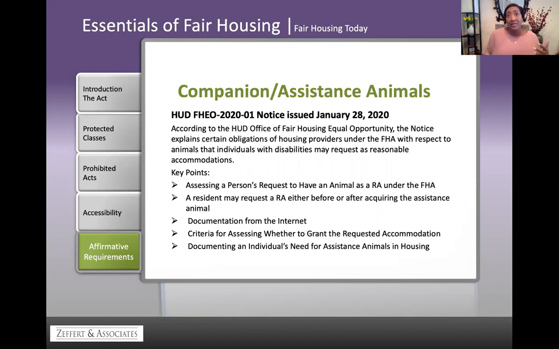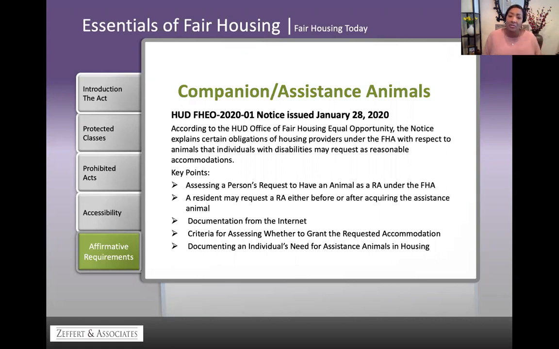So again, it's interesting, because I understand as a housing provider, you get these federal rules and regulations. Well, the regulations say this, but I still have to apply it. What I mean by that is, while HUD made it very clear that the owners do not have to accept these letters from these particular websites, sometimes maybe it is a legitimate doctor that is able to verify the need, and it's online, okay?